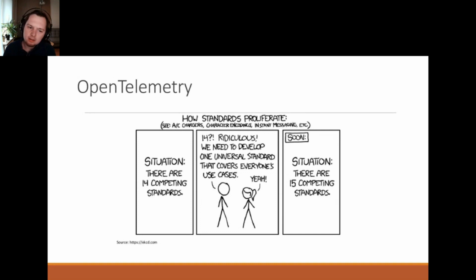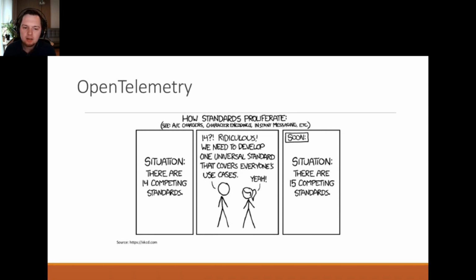And there is another project, still valid, which is OpenTracing. It standardized the API for tracing. And those two projects merged in 2019, and OpenTelemetry arose.